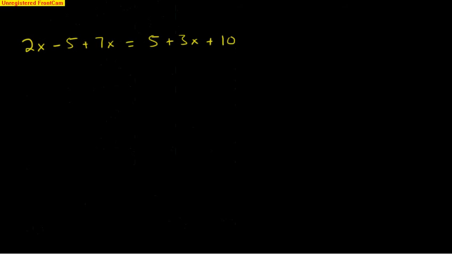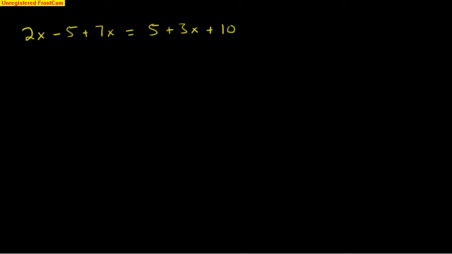Let's do one more problem. Our first step is to simplify both sides of the equation. So again, we just start with the left side, almost pretend this isn't even here at this point. Let's just look here and see if there are any like terms we can add. A term, term, and a term. A positive 7x and a positive 2x are like terms for a total of 9x minus